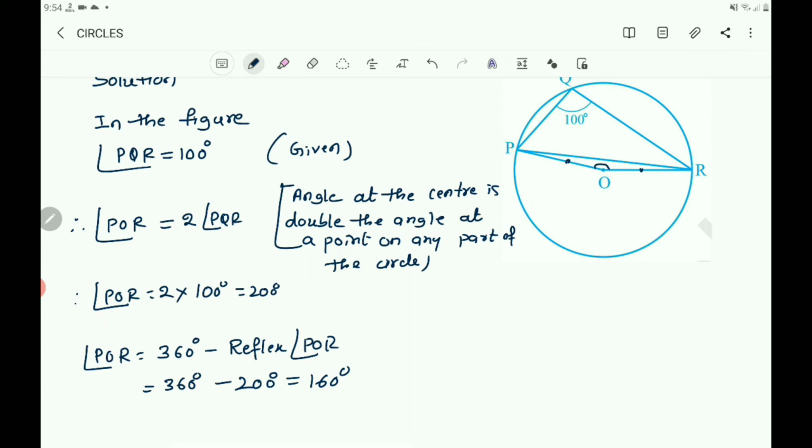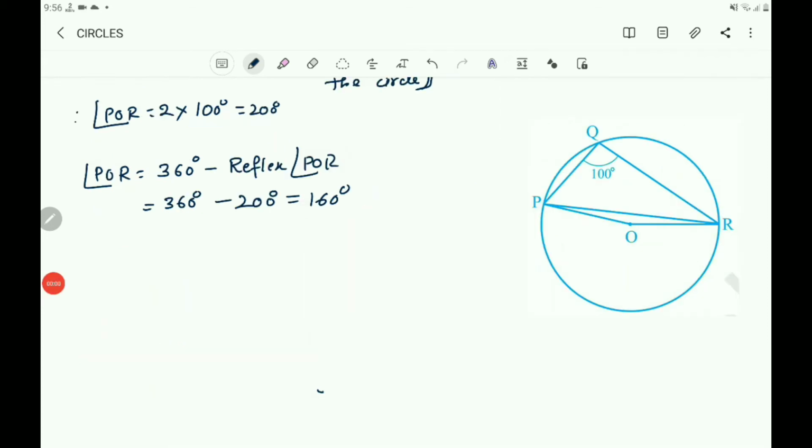Now you take the triangle POR to get this angle OPR. So you write, in triangle OPR,